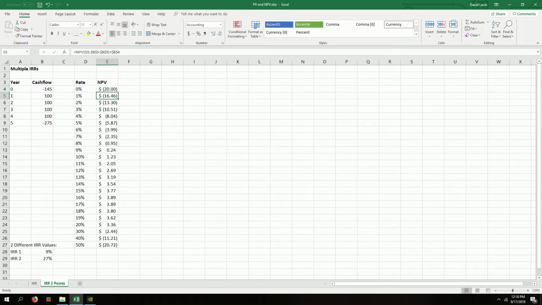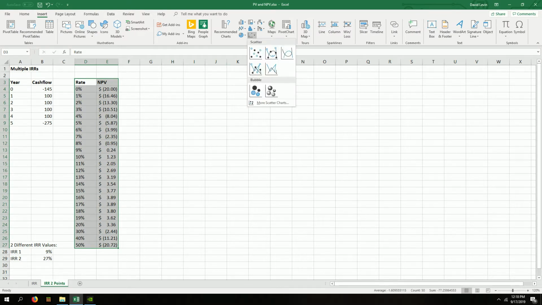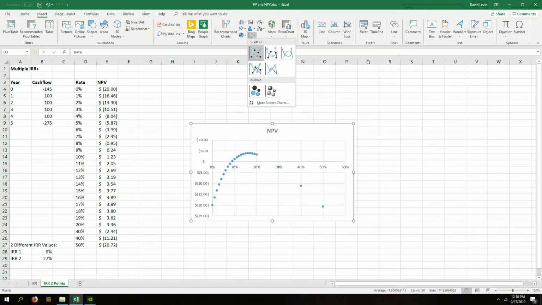So essentially we could just drag down the formula for all these values, and then we can graphically visualize this. So we could just do a scatter plot. Any scatter plot will do. Let's say something like this